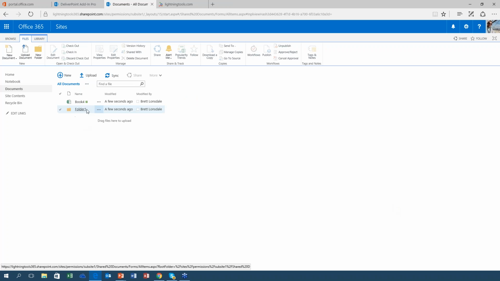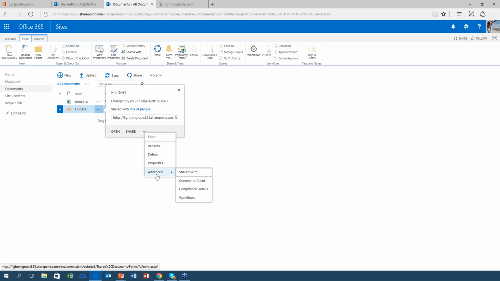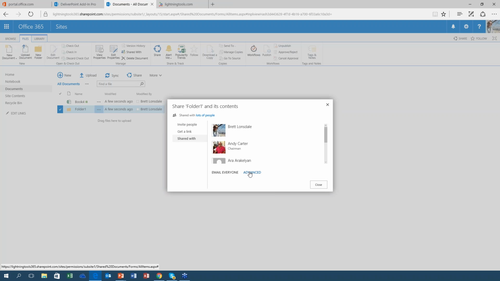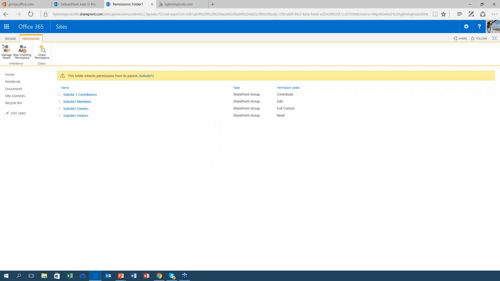So folder 1, first of all, we've got several clicks here to go through. So we're going to click the tilde icon. We're going to click it again. We're going to go down to advanced, and then we're going to go down to shared with, and then we're going to go to advanced again in order to be able to see who has permissions to that particular folder. But what I care about really is this bit here, the yellow banner that says the folder inherits permissions from its parent. Okay, so let's just go back